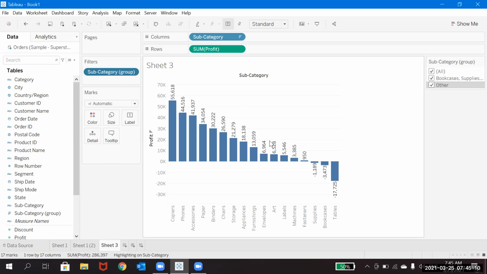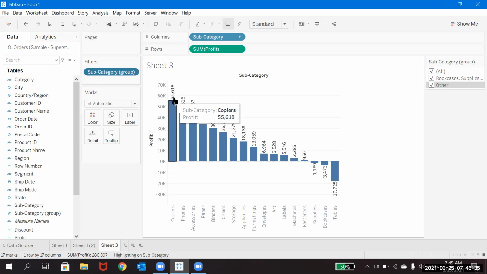How are these values coming? The values are nothing but the sum of profit only. So what are the profit values, which are coming from the data only. So in the data, for this subcategory copiers, the profit value is this at the overall level.